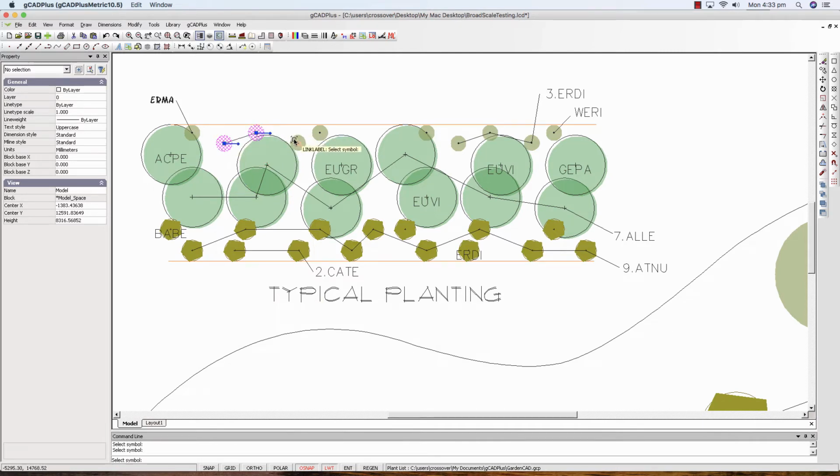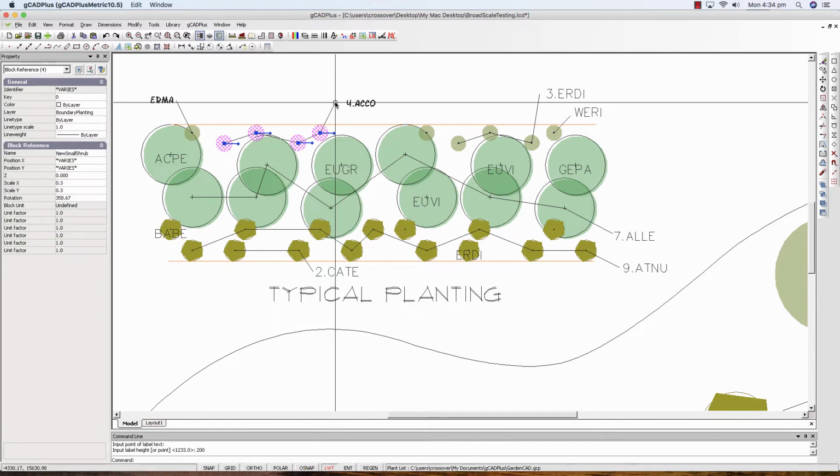Notice how a line is drawn from the insertion point of the symbol, and it's actually doing a count at the same time. So we finish, we hit enter. Where's the label for that group? Let's put it roughly in line with the first label we put in, and we want a height. Let's give it 200 units, and there,